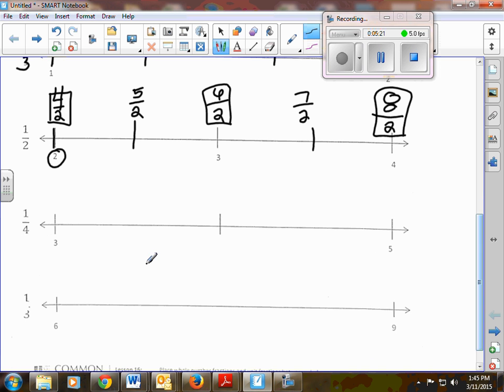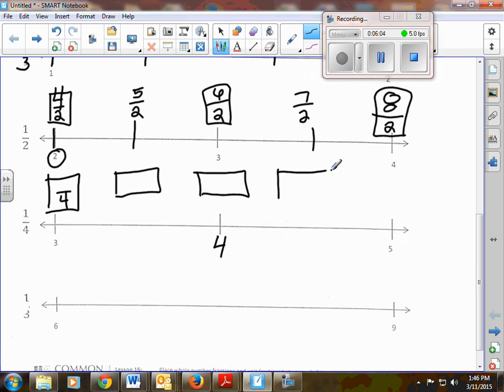Okay. So this is in fourths. This whole number is 3. This is not marked, and this is 5. What is this number going to be? 3, 4, 5. Okay? So let's talk about what this is going to be. We know that the denominator is going to be fourths because the beginning part says it's in fourths. However, we have 3 whole. How many fourths are in 3 whole? Let me show you it another way. Let's say we have